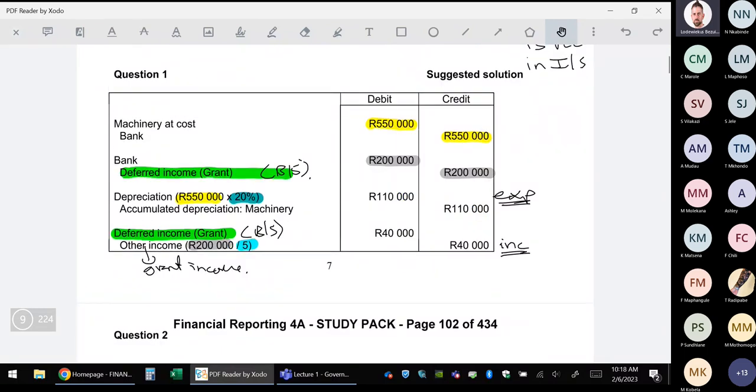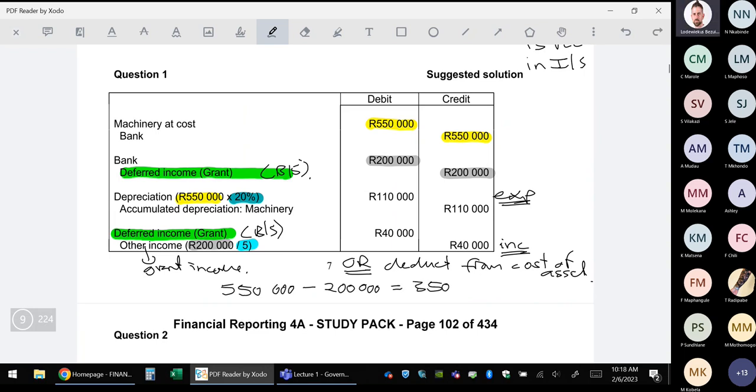If the question said deduct from cost of the asset, what would we have done then? Then we would have said 550 cost less the 200,000 grant, and that gives us 350 net cost, and we will depreciate that over 5 years, and that will give us